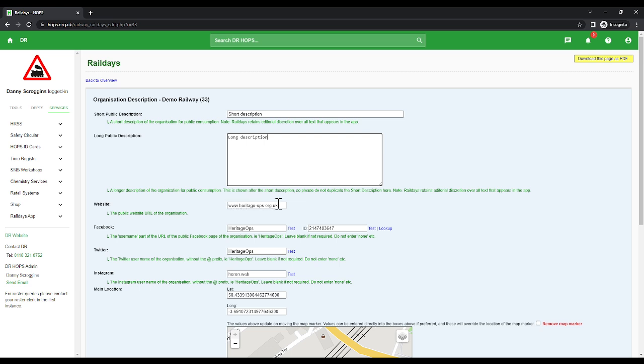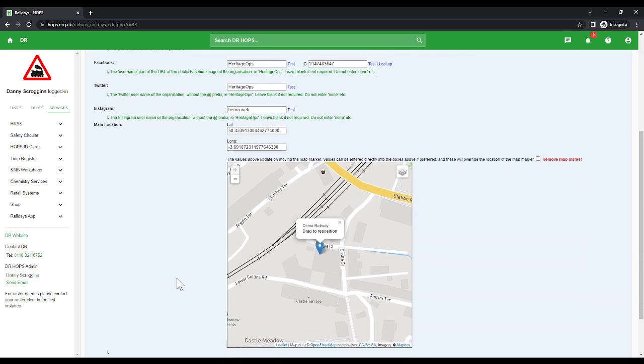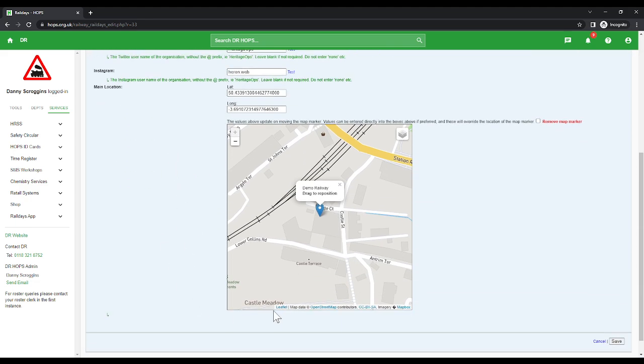This is where you enter your website, and if you have Facebook, Twitter and Instagram, then you add them in here. The next option is to put a dot on the map, and this is not where the dot in